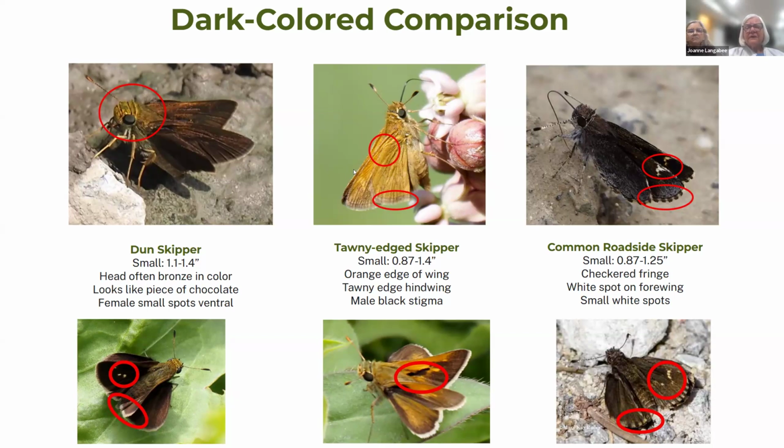Almost kind of nondescript, and it's a little bit bigger than the other ones that are light. Here's a dark stigma that if you couldn't see it on the other one, you can see it's very dark on this one, and you can see this tawny fringe along it, so that will differentiate it. So those are the plain nondescript